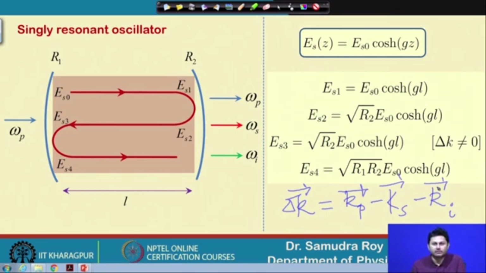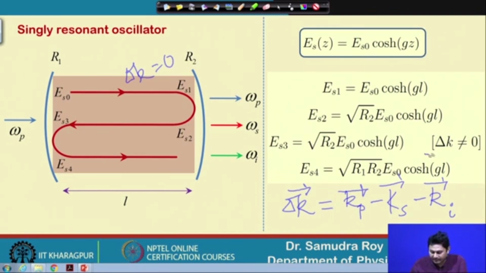In vectorial form, this is my delta k. So, when delta k equals 0, that means kp is equal to ks plus ki. But here, since the wave is moving in the opposite direction, in this expression the pump field is moving in this direction and the idler is moving in this direction. If in this case I consider delta k equal to 0,